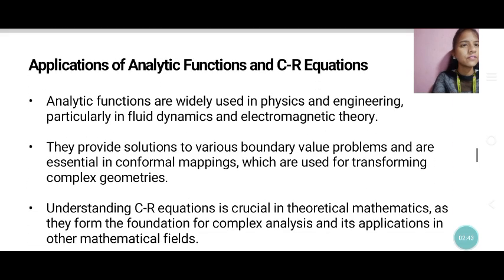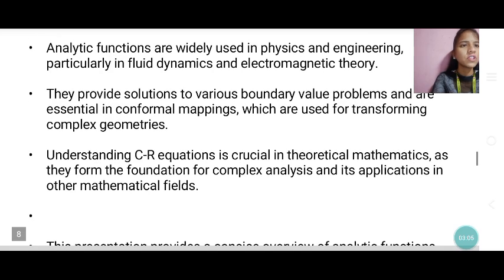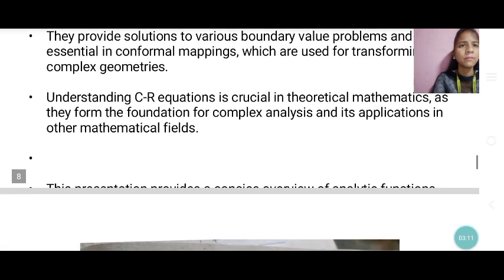Applications of analytic functions and CR equations. Analytic functions are widely used in physics and engineering, particularly in fluid dynamics and electromagnetic theory. They are solutions to various boundary value problems, and they are essential in conformal mapping, which is used for transforming complex geometries. Understanding CR equations is crucial in theoretical mathematics, as they are fundamental to complex analysis and its applications in other